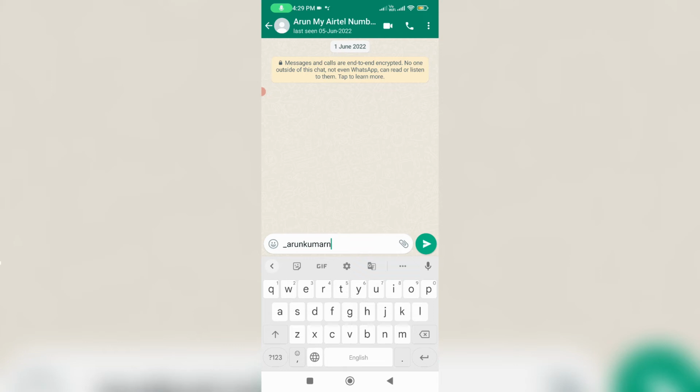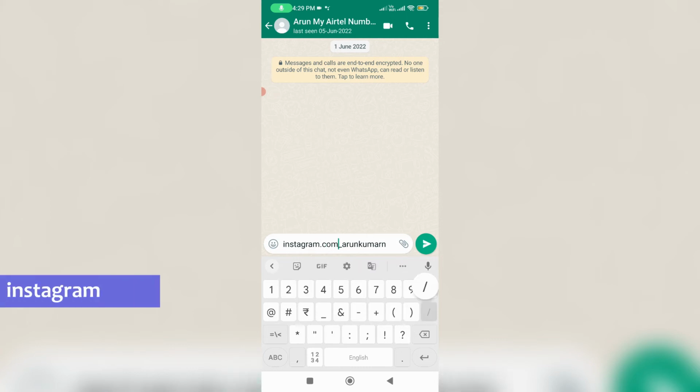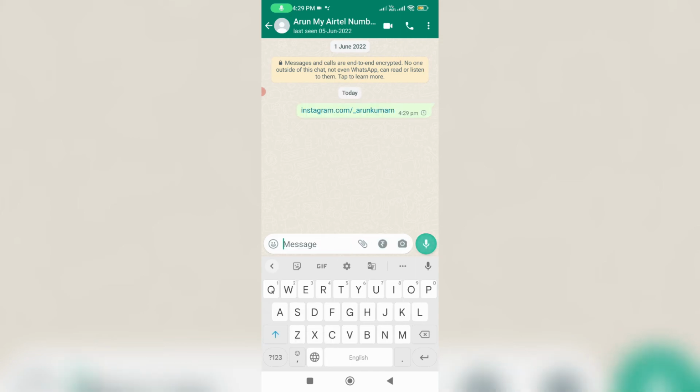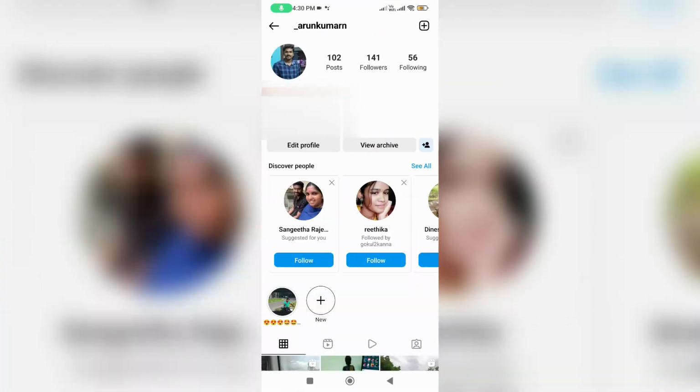You can add the following text in front of this username. Once you add this text, click send. If your friend presses this link, it will automatically show your Insta profile via the Instagram mobile app. By using this method, you can easily share your Instagram profile via WhatsApp or any other social media websites.